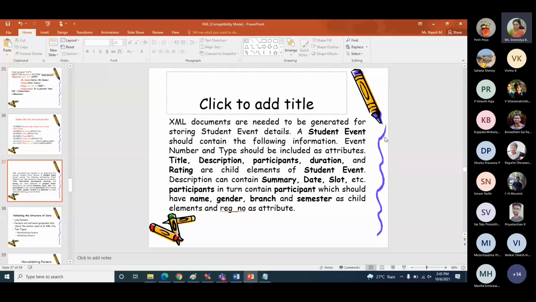For the exam, we will also do an evaluation based on that, probably on the validator itself. I'll get the cracked version of it, or we will use an online one, but the procedure is the same. It's not about the tool you use. It's about how to write the DTD for a given description and how to write an XSD for a given description. That is what you should understand. If you have noted down these questions, I'm going to give you one more question. Please note that down also and solve it.